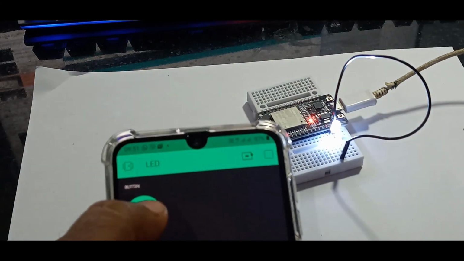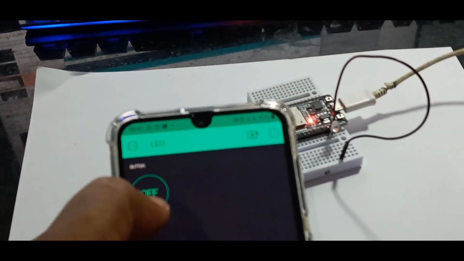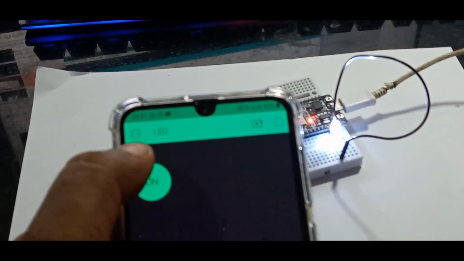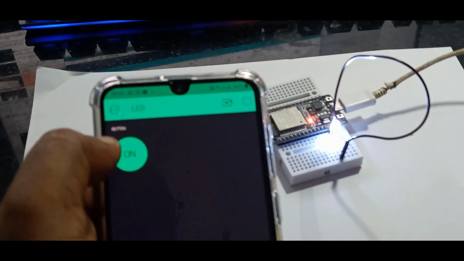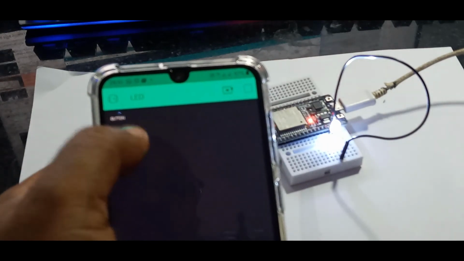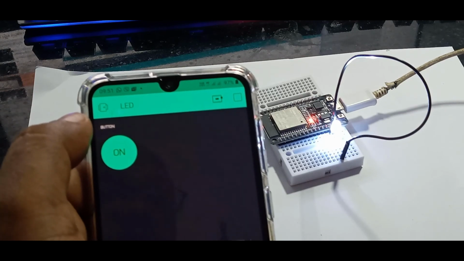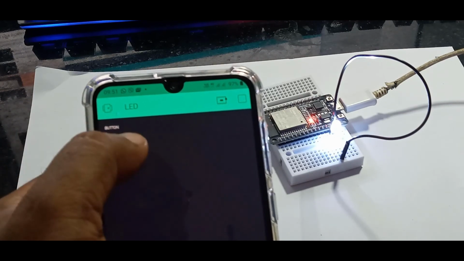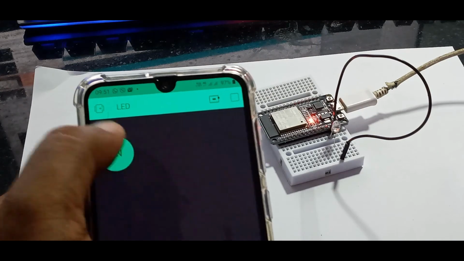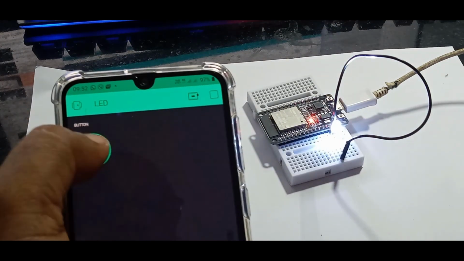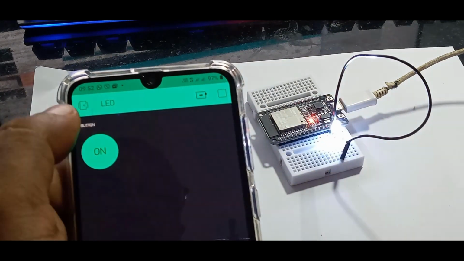See, this is through WAN or wide area network, GSM. Then it comes to my router. Then through the Wi-Fi it is turning on the bulb. Okay, we are successful in the first project.